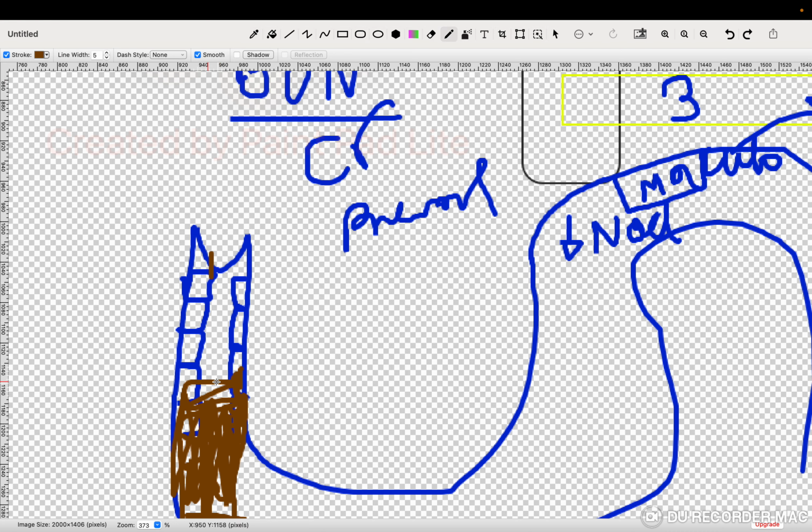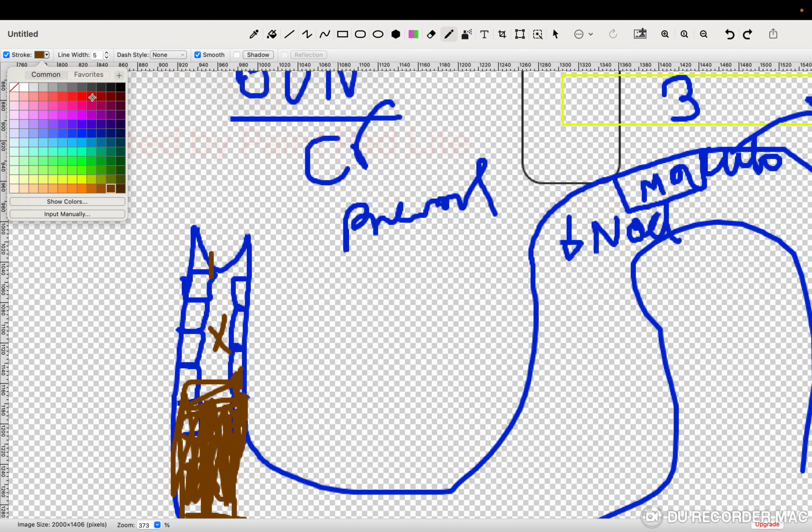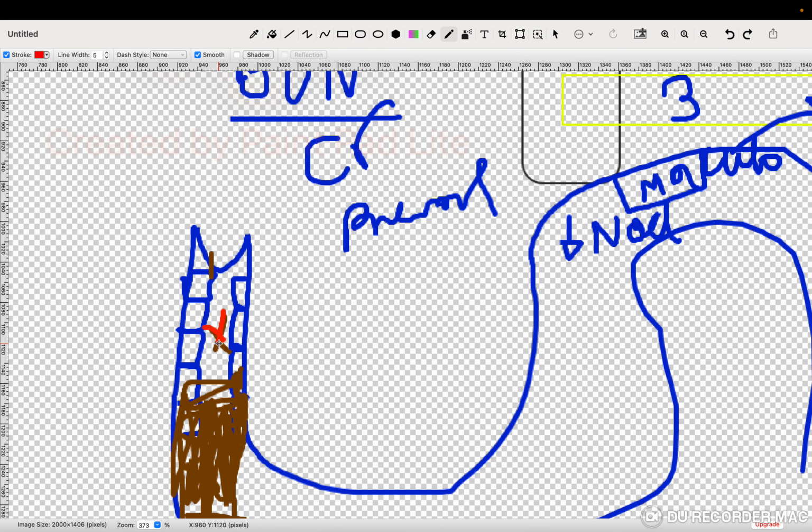So tell me please, if the tubule is blocked, what is going to happen to the pressure at this point? Is it going to be up or down? Okay, it's going to be up. If it's going to be up, it's going to increase the hydrostatic pressure of the Bowman's capsule. Increasing the hydrostatic pressure of the Bowman's capsule will reduce the movement from the glomerulus to the Bowman's capsule. So what is going to happen to the GFR? It will be reduction, it will be down, exactly. Good.